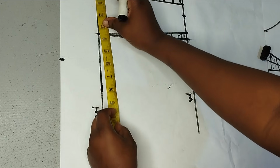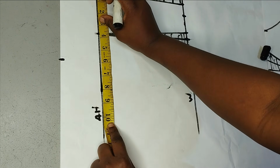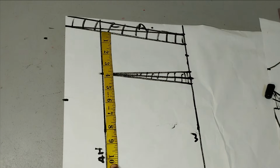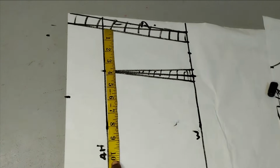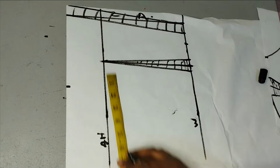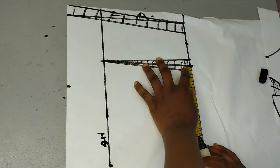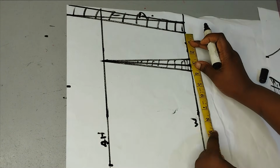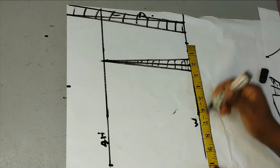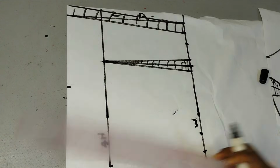And here again, from where my zipper allowance stopped, I'm going to take my bust measurement, which is 40 divided by 4. Oh, the camera captured this. So 40 divided by 4 is 10. I have 10 inches here, and then I'm going to add my 1.5 inches seam allowance. On the waistline, it's 7.5. So I have 2.5 inches here. I'm just going to shift it and continue my measurement and add my seam allowance as well, and then I'll